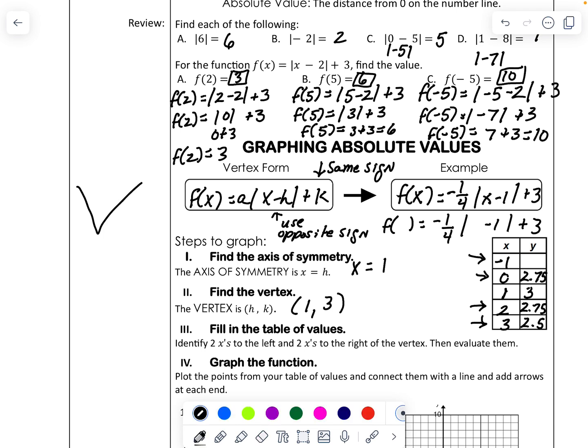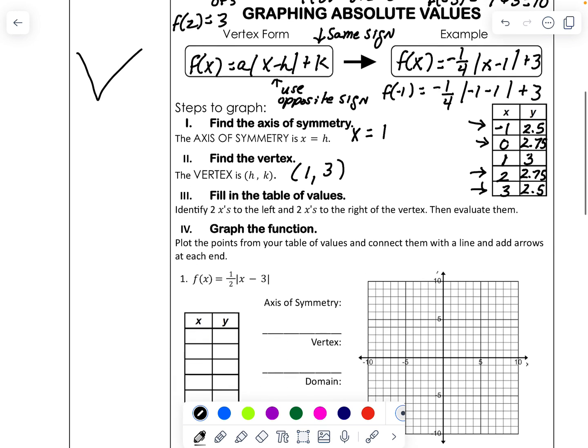Let's make sure. -1, so -1 minus 1 is -2. But the absolute value is 2 times -1/4, -0.5 plus 3. We do, in fact, end up with 2.5. So great. Once you get your points,